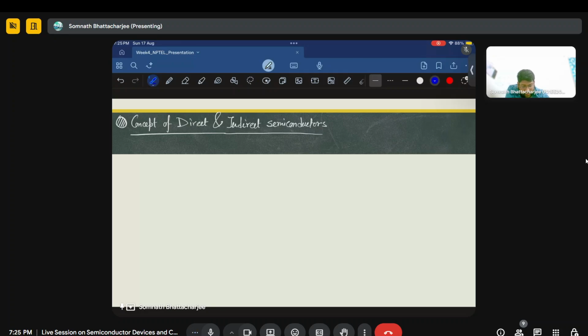So in an E-k plot or E-k diagram, so an energy momentum diagram, what happens if we have a